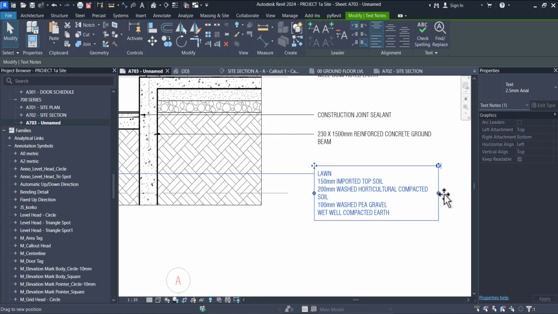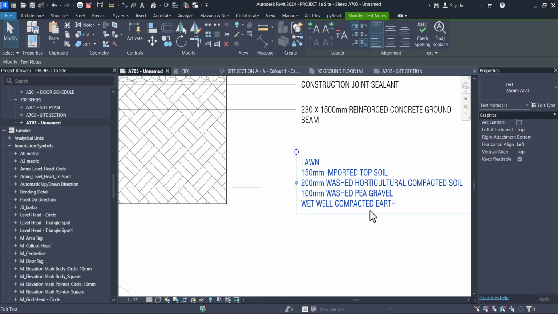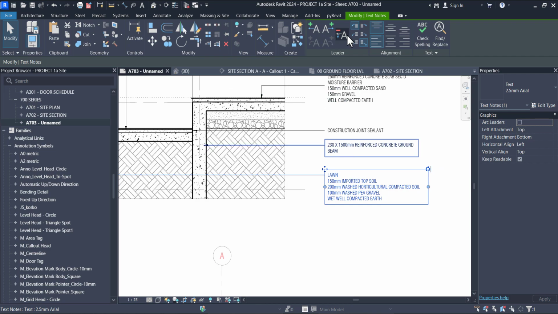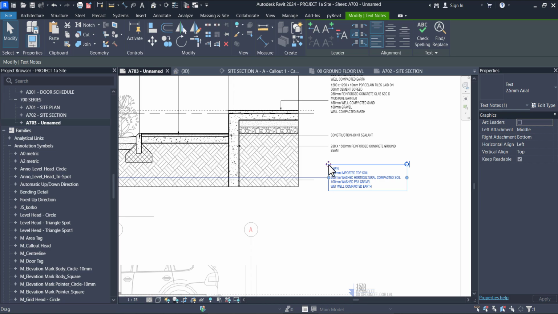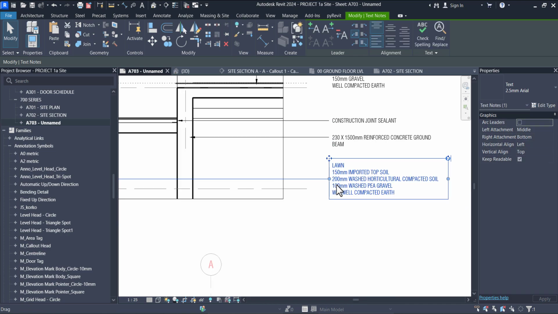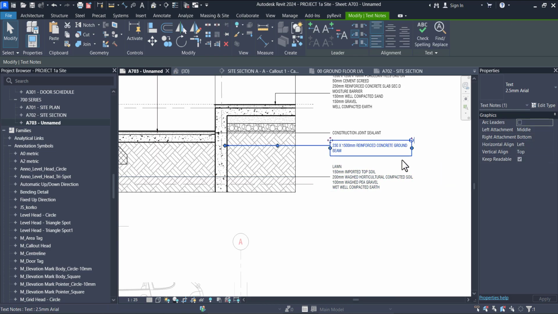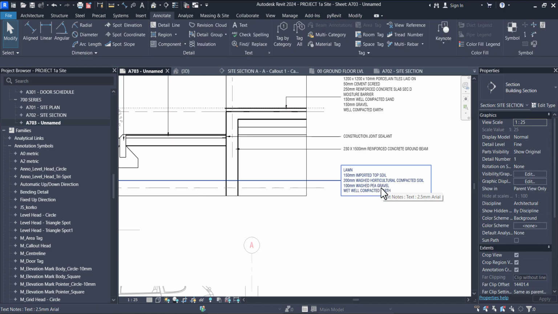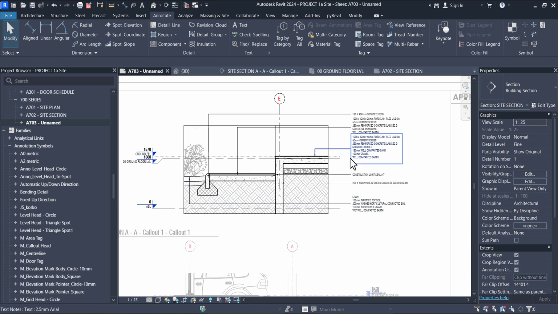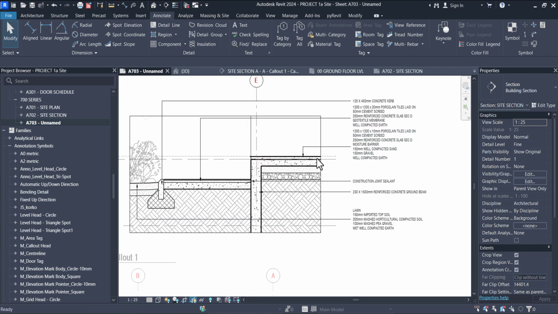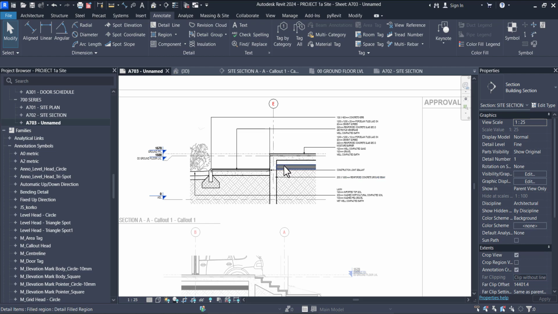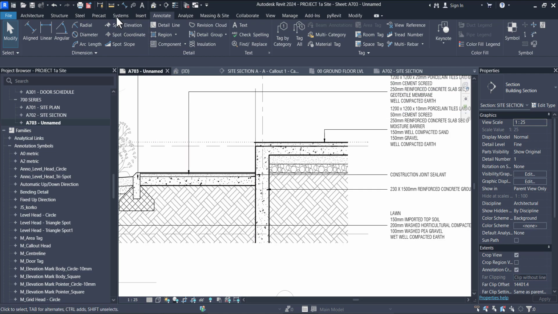Okay, so let me just plug this one. So this is fine. This build up I got from a landscape engineer that I worked with, and I've also seen different build ups, but I think this is the one that I like. Obviously, you can add more information to your own. Then another important thing is that you want to put